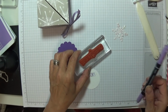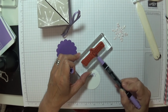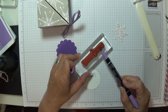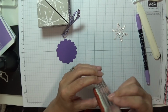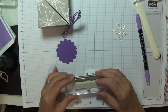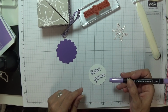And then we can flick this around, and we can go over with the greetings. Season's Greetings. And I can stamp this at the bottom then here. Isn't that cute? And because we've got the Stampin' Write marker,